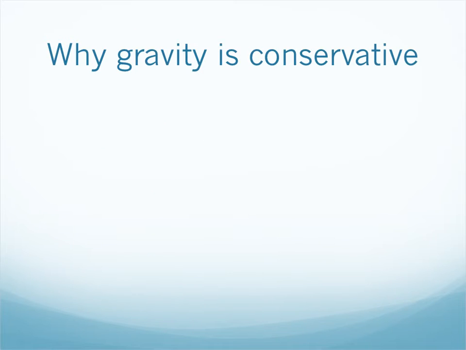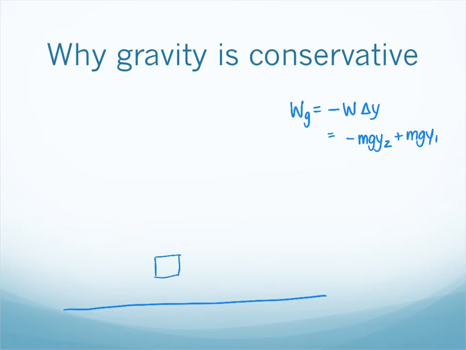An example of a conservative force is gravity. So let's think about the expression that we had: the work done by gravity was minus the weight times delta y, or we could say it was minus mg y2 plus mg y1. But let's think about it a little bit more visually. If I have a box with a weight mg, and it's originally at position A, and then I'm going to move it to position B,